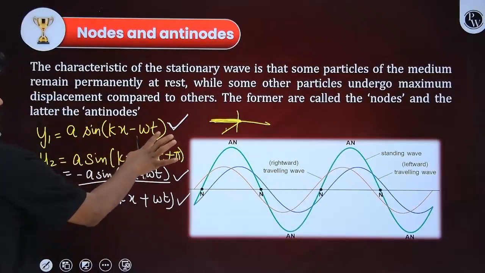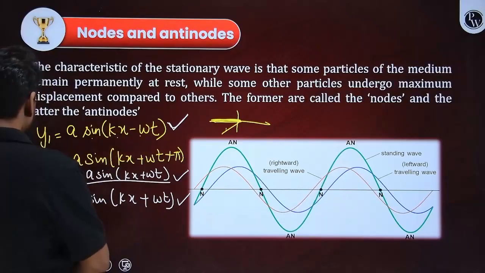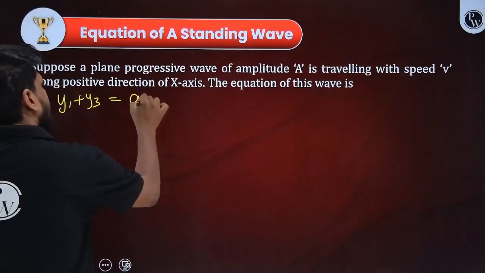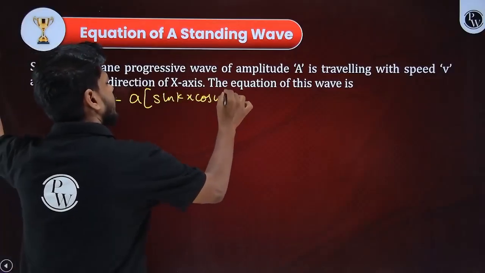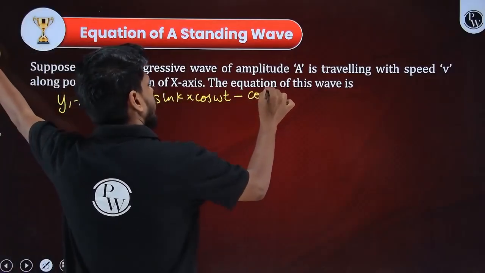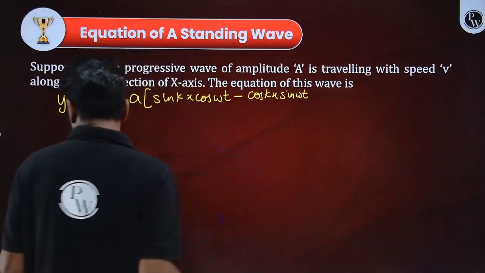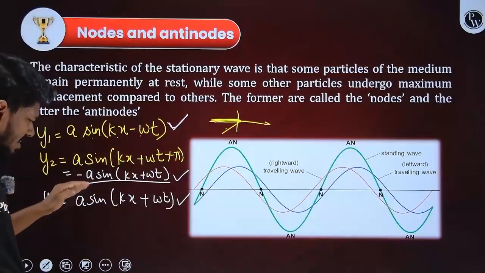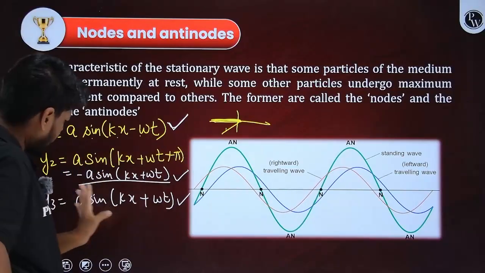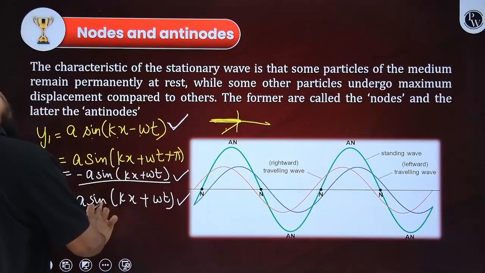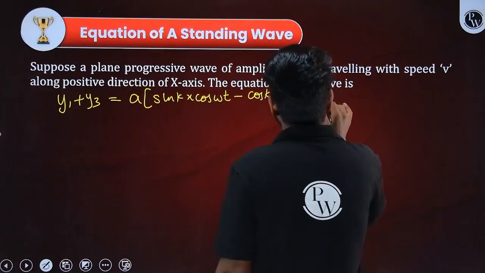If I open this, what will I get? Sine of a minus b. Sine of a minus b can be very well written as sine a cos b minus cos a sine b. Okay. If I take this equation, it is going to have just a minus sign, this is going to have a plus sign, so no difficulty. If I take this sine of a plus b, sine of a plus b can be written as